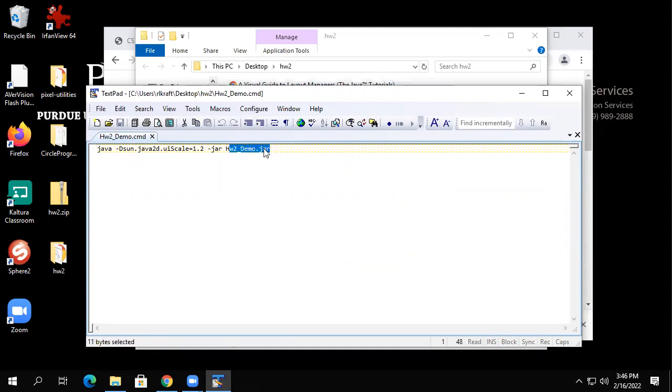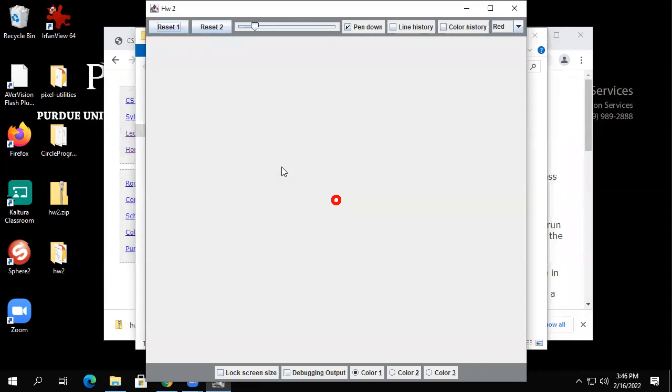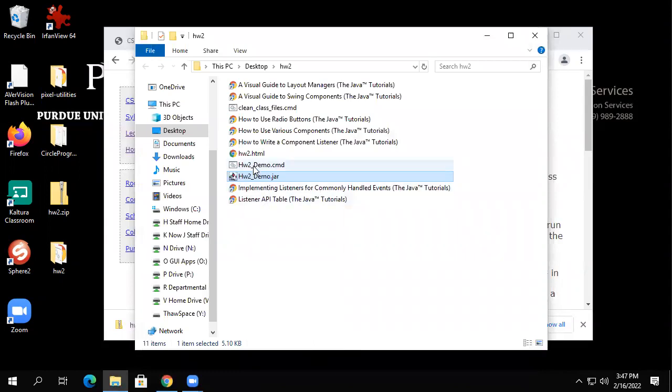This would run the jar file without the console window, but when I run it this way, I get the console window. So if you're at home and you're running this, you might notice that you can run the jar file just like that. But if you do, when you click on this, you won't know what it's doing. Right now, the system.out.print lines are printing to a phantom console window, and they don't cause an error or anything like that. They just print to nowhere. It's just weird that Java works this way. But right now, the program's printing to standard out, and standard out's not there. But if you run it this way,